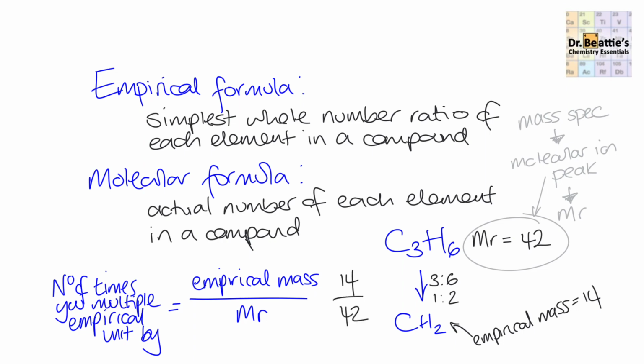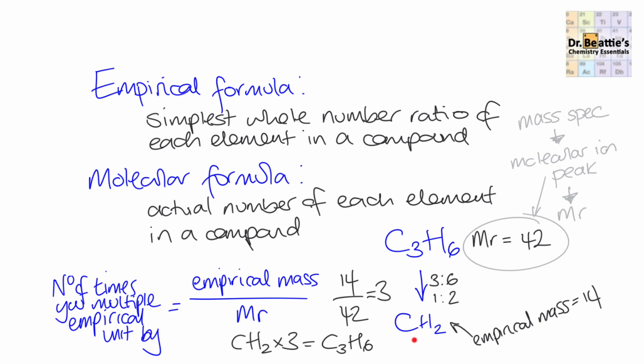That goes into 42 3 times. So we would know that to get the molecular mass from here, we would have to times our ratio by 3. This is really useful because then once you've got the molecular formula, it helps you narrow down what the structure might be. The rest of the video is going to be focusing on how we actually determine the empirical